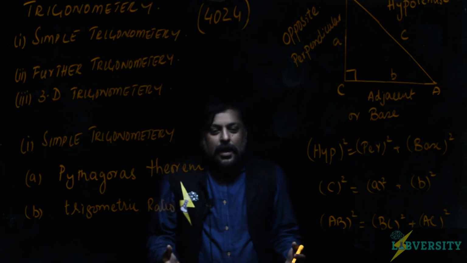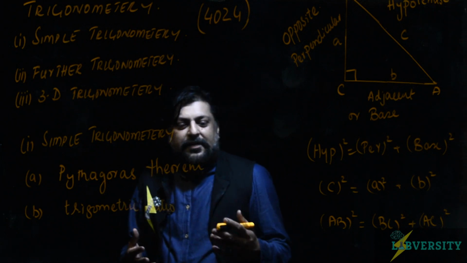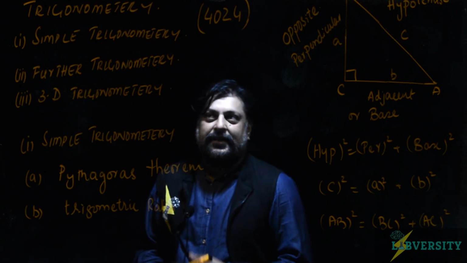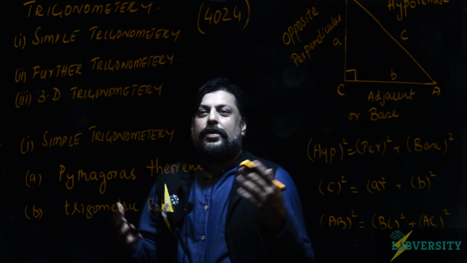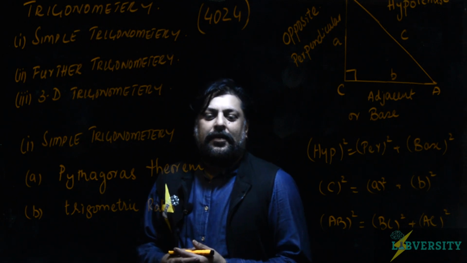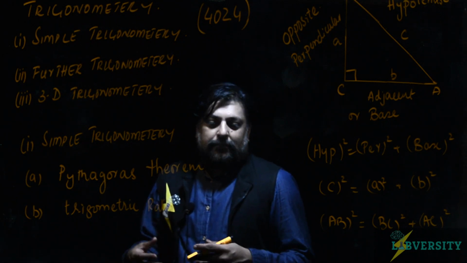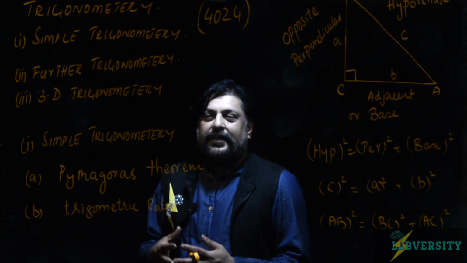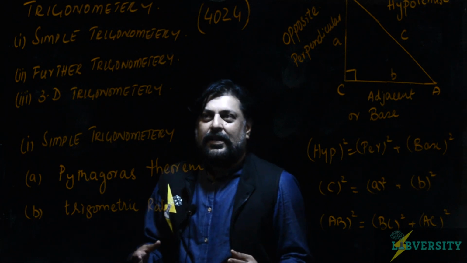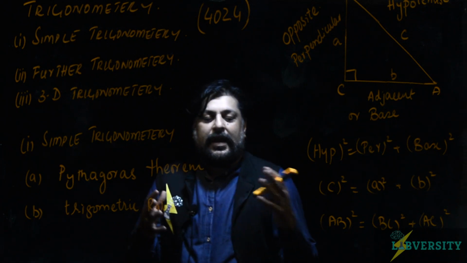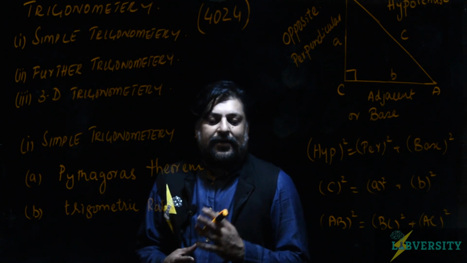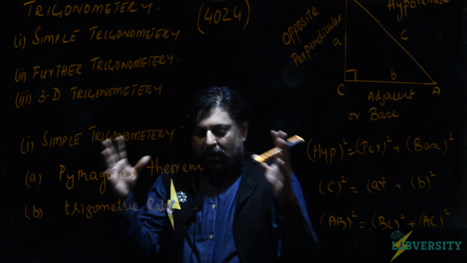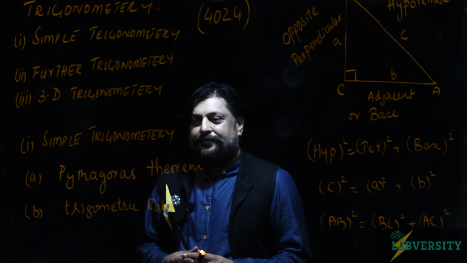I can give you an example of how we are going to use trigonometry, or what the indirect method is, and why we are using the indirect method of measurement, that is called trigonometry. You cannot calculate the height of the sun from earth by some measuring tape or any other instrument. You need a few angles, a few lengths which you use to indirectly calculate the height of the sun, the angle of elevation and many other things which cannot be done practically.